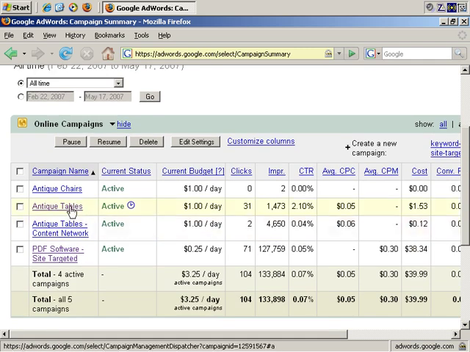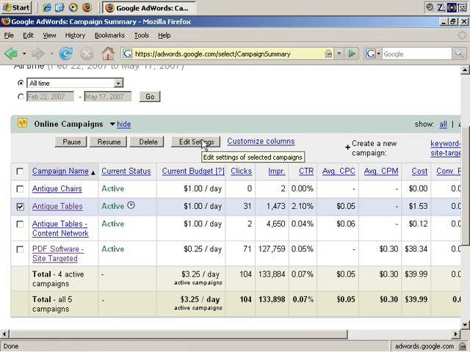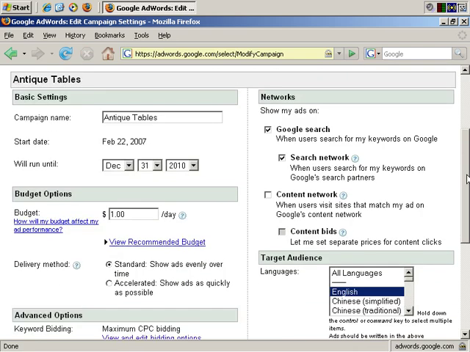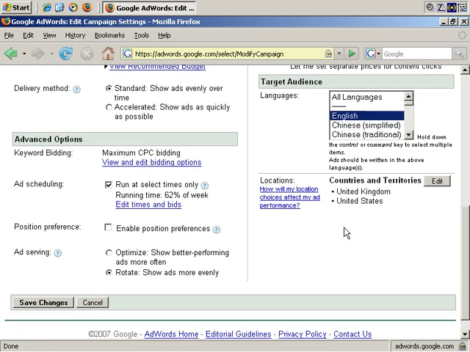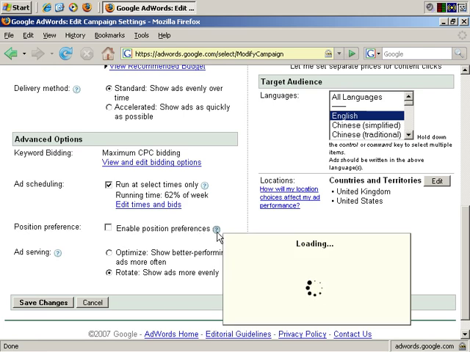Let's go into the keyword targeted campaign, Antique Tables, or rather what we want to do is edit settings, edit campaign level settings. And what we want is at the bottom left, advanced options, position preference. And to get a quick synopsis,